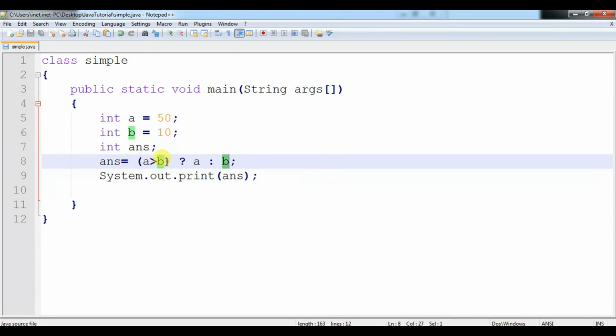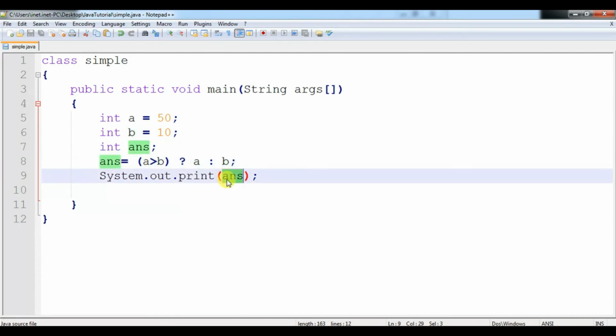Obviously for this condition, a is more than 10, that is 50 is more than 10, so it is going to print the true statement. Means for the true statement, this block is going to print, means value of a will be stored in answer, and I have printed it with System.out.println.